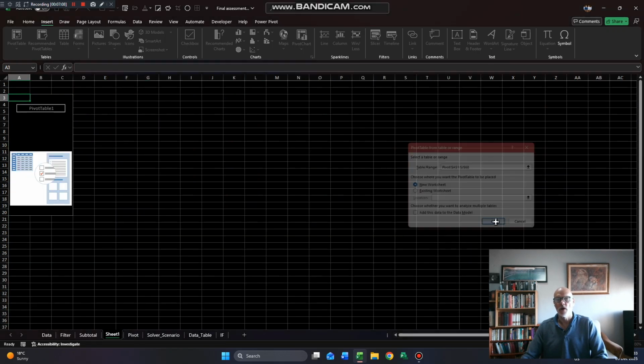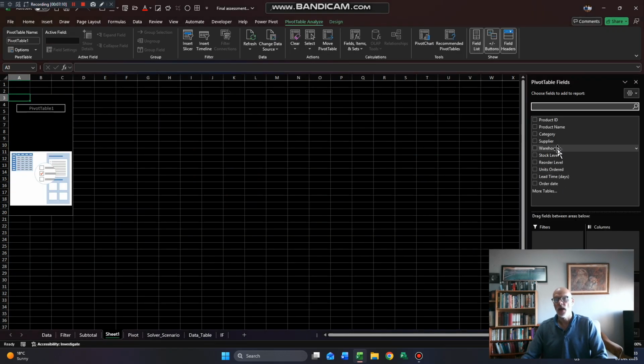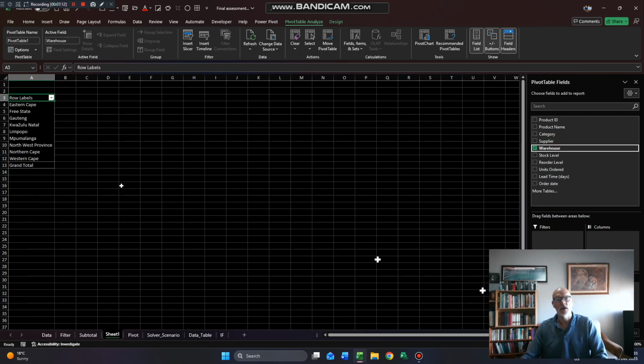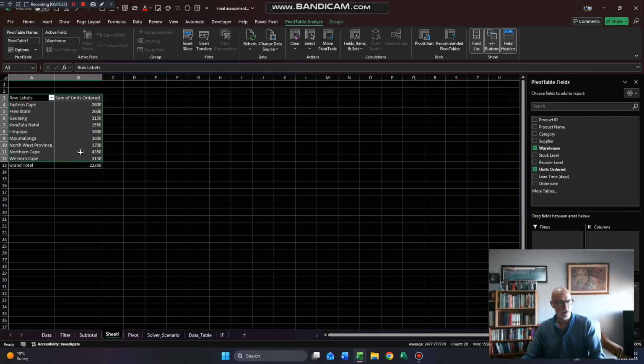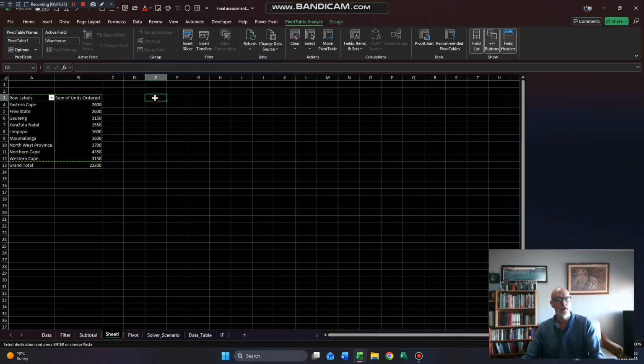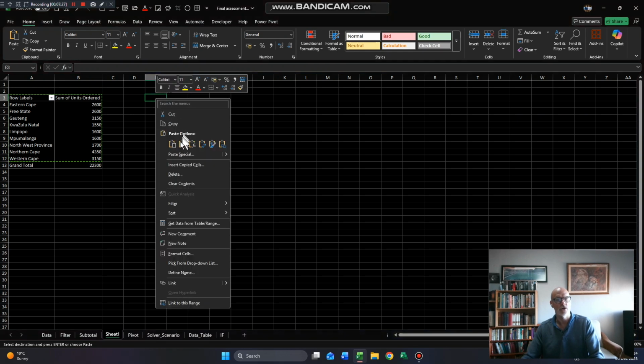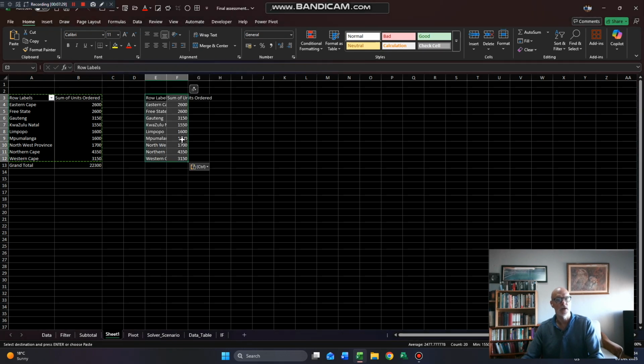All orders per province. And my provinces are in warehouse. Okay, warehouse field, so I go there. They're my provinces. And units ordered, there we go, the sum of units ordered. It's very straightforward. Now to create the map, we have to do a little trick. Control-C, and not Control-V, values. Okay, values. A map will never read off the original pivot first time off. After that it will. So let's go insert